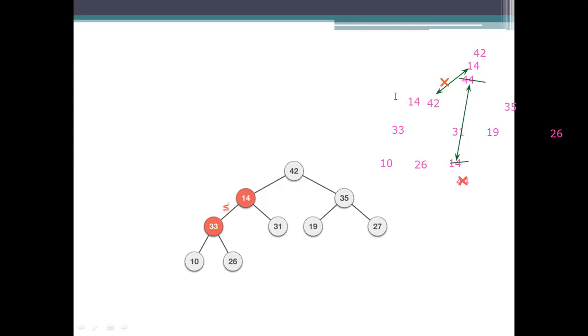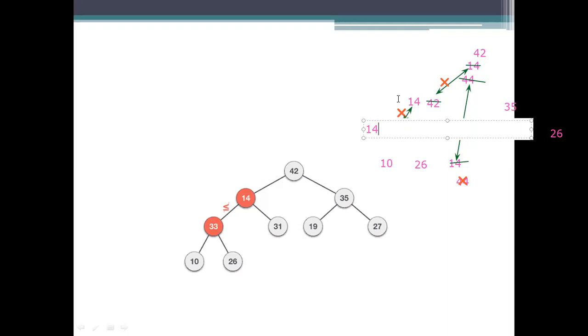Just strike off this thing. Now again comparison. As it is greater than or less than, we need to specify. It is less than, and then the next swapping will be done. Okay. Now the root node will be 14.